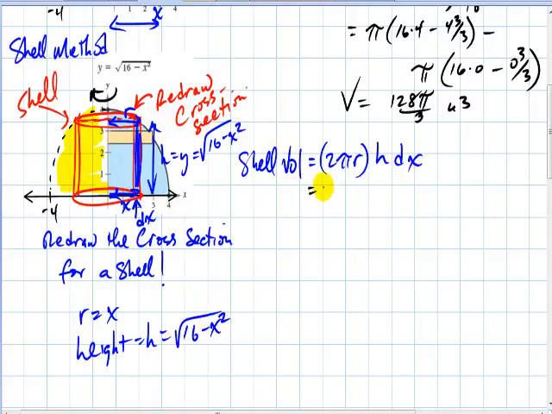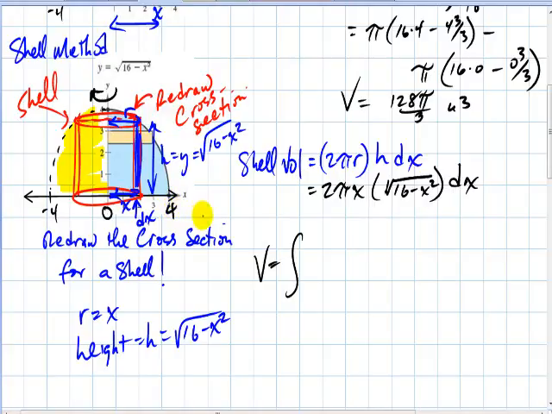So you take 2 pi times the radius, x, times the height, which is the square root of 16 minus x squared, times your thickness, dx, and that's your shell volume. And to find the total volume, I want to integrate from 0 to 4, because the cross-sections are vertical. So I could have drawn the cross-section here, or here, or here. So it's going to go from 0 to 4. Those are the bounds. So from 0 to 4 of 2 pi x times the square root of 16 minus x squared,